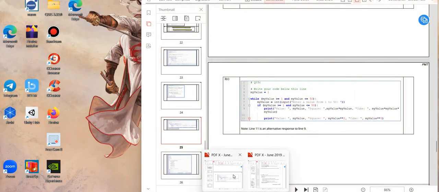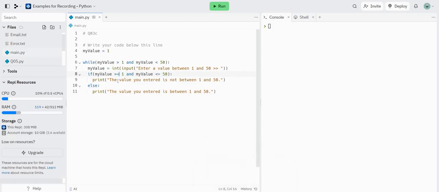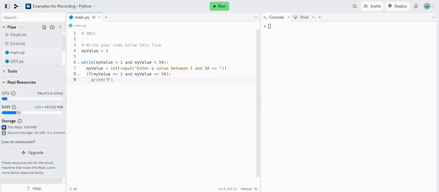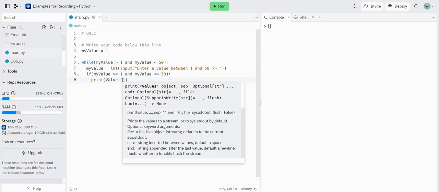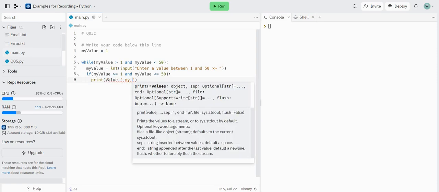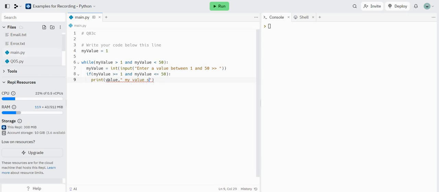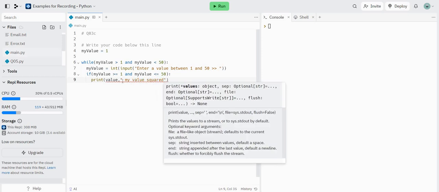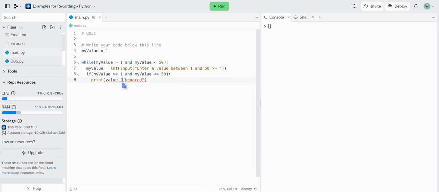And we don't want that. So we want value, my value square. So we want value squared